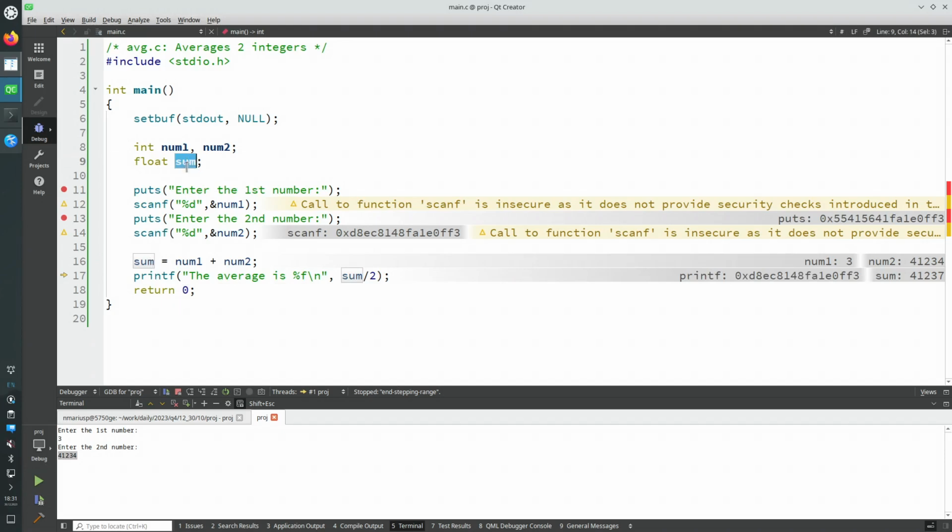Okay, so this sum can store inside the value 0.7, whereas this can only store the value 0 or 7. It cannot store decimal places like 0.7. And the value of sum, the result of adding 3 to 4, 1, 2, 3, 4